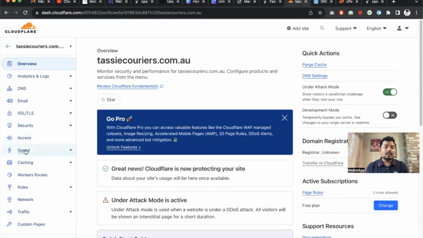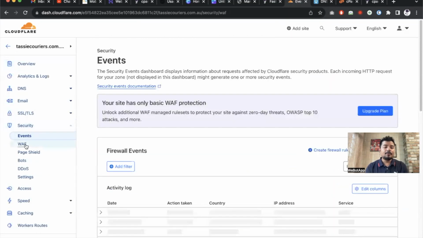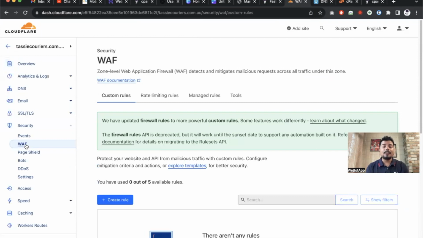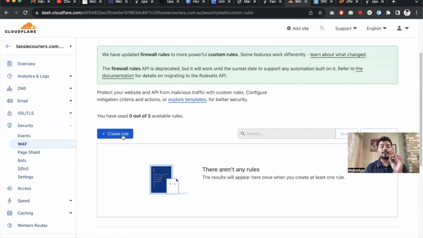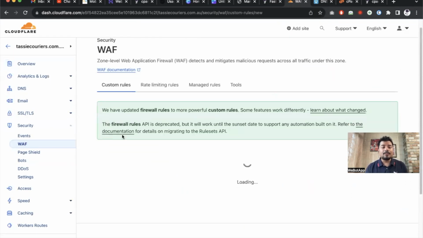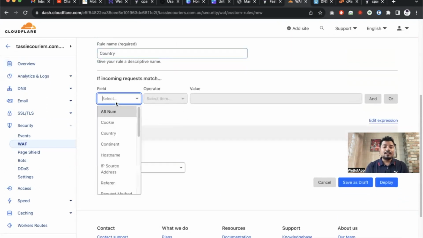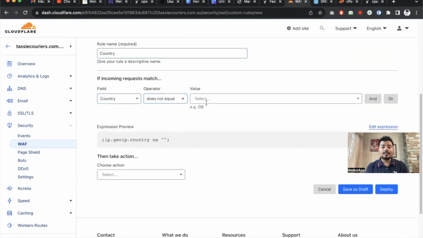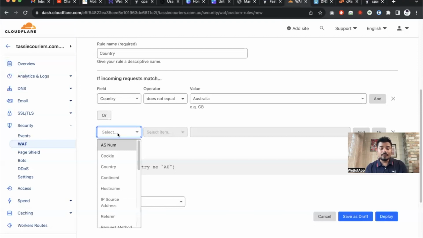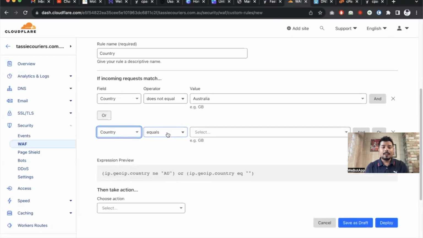And then we will go to security, and then we will again go to WAF, which is the web application firewall. We will create some rules, and this is one of the very important things that we have to do. At first, I will click on create a rule. Here I will name the first rule country, since the primary country of this website is Australia. So here Australia, and or since we will be developing this website and I am from India as of now, if the country equals to Australia, and if the country equals to India,